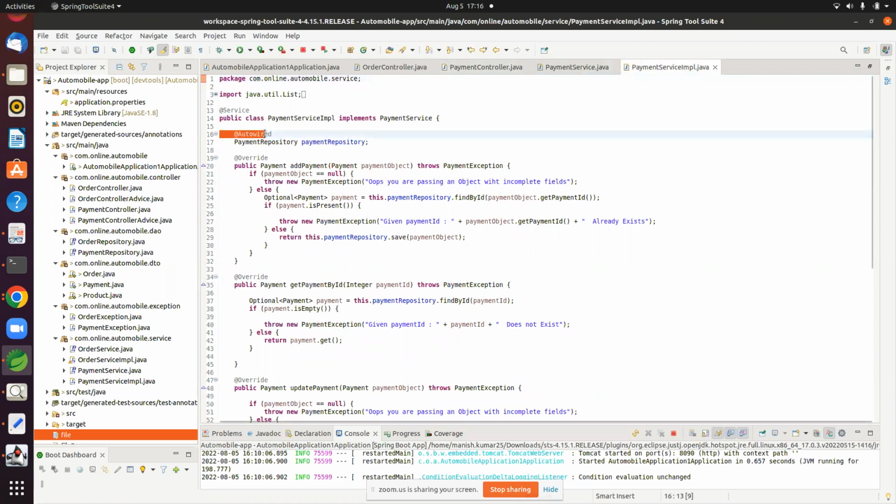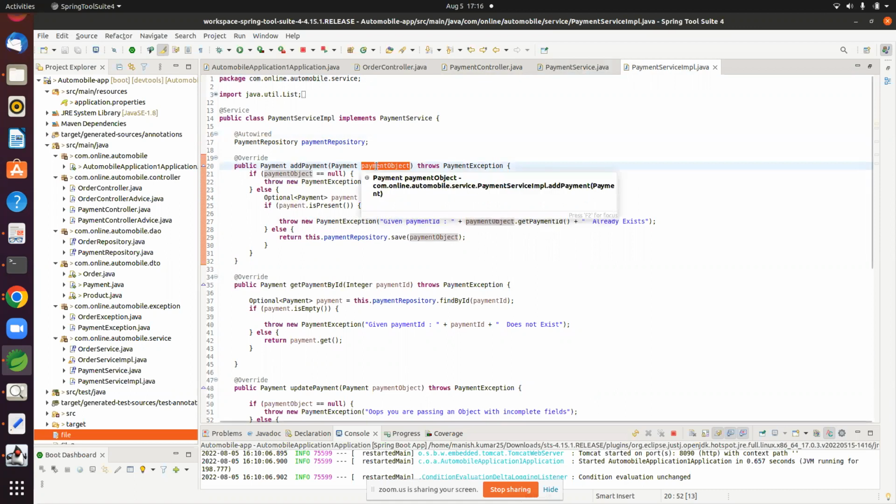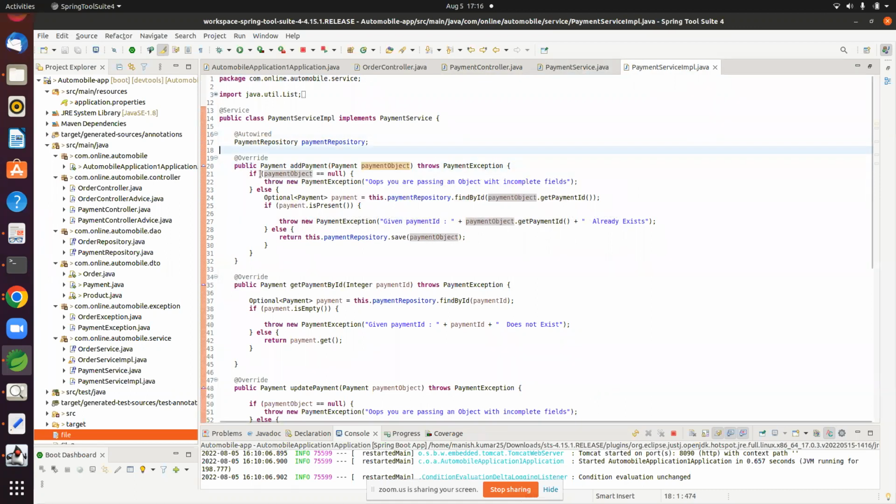Here I am autowiring the payment repository in the payment repository reference variable, and here is the method of adding payment, which has a return type of payment, and the parameter is a payment object. Here we are checking if it is null, then it will give us an exception if you are passing an object with incomplete fields.